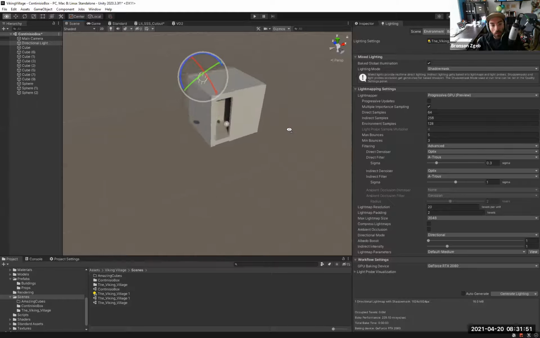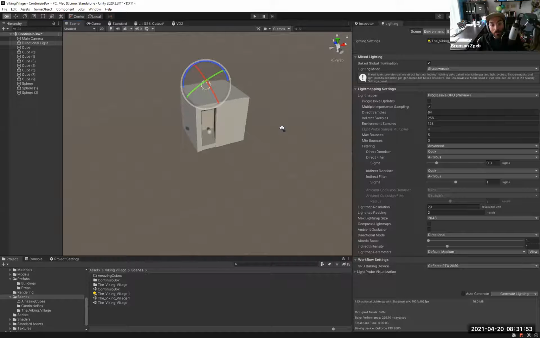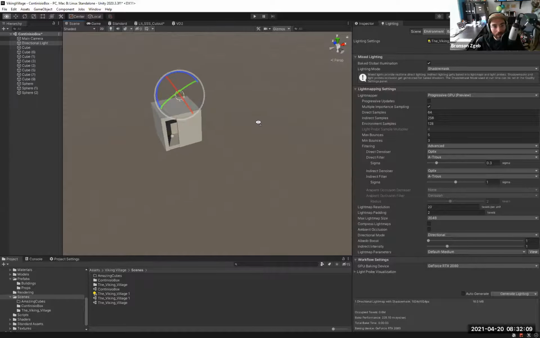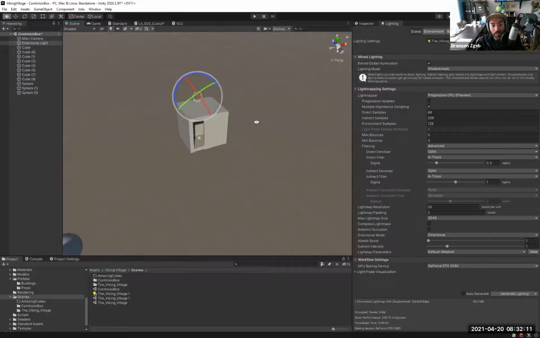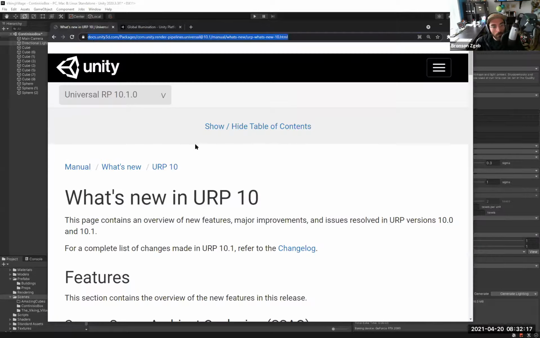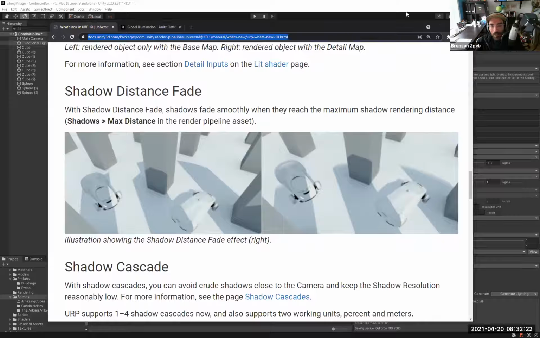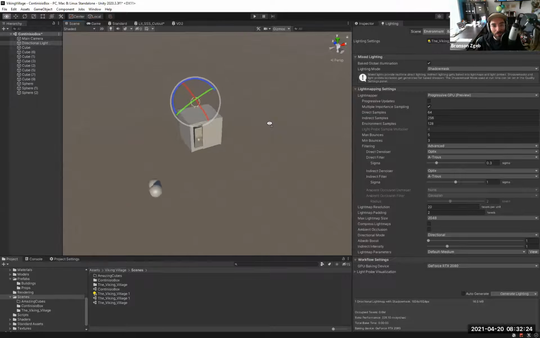What shadow mask is good for is if you have a very large environment, where things in the far distance are harder to notice when they switch from real time to this baked mode. That's a great use of shadow mask. And you can see that fade. That's another one of the new features: the shadow mask fade is no longer a rough hard cut, but a nice fade between the two.